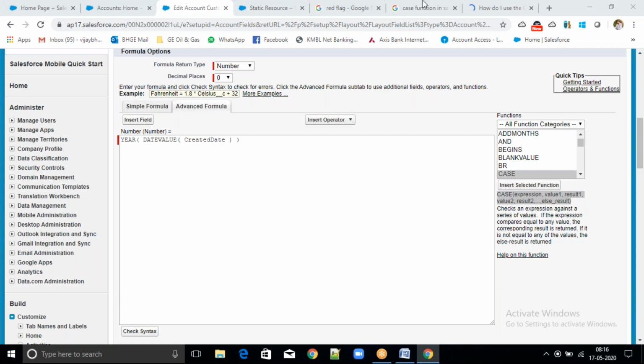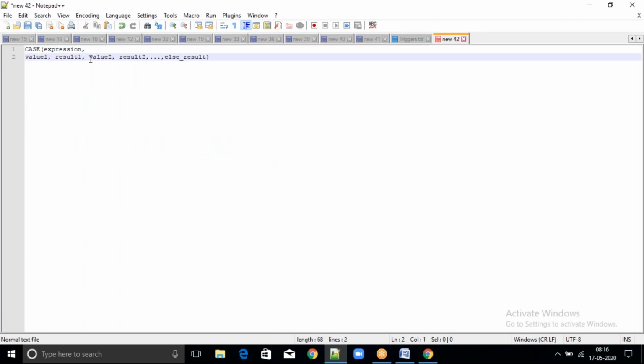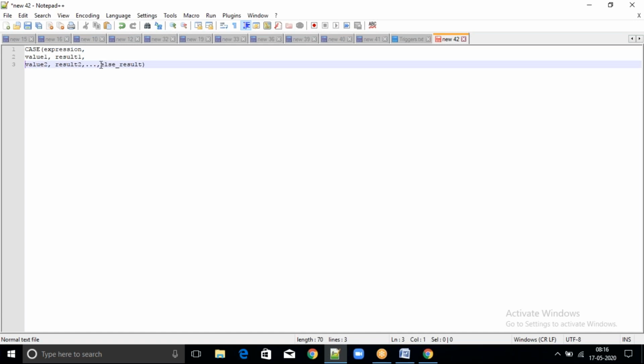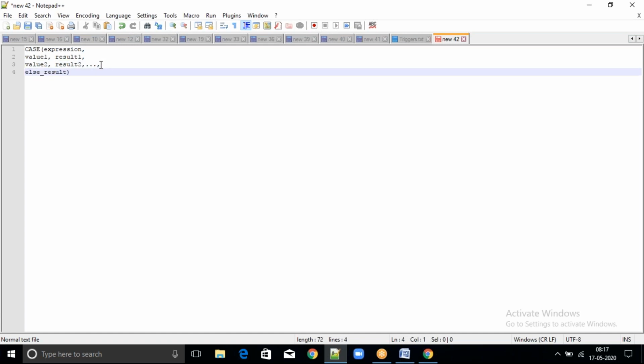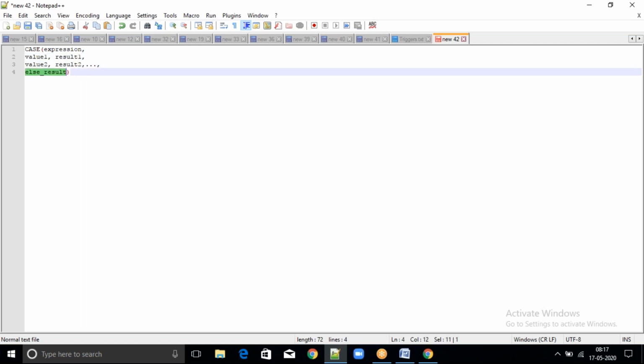Write one more formula. See, this is the format of the case function. Here expression, here we have to write the condition. Okay, case of this function. If this expression returns something, and that returned value is value 1, then I want to display result 1. If that returned value is value 2, I want to display result 2. Otherwise, else I want to display something.